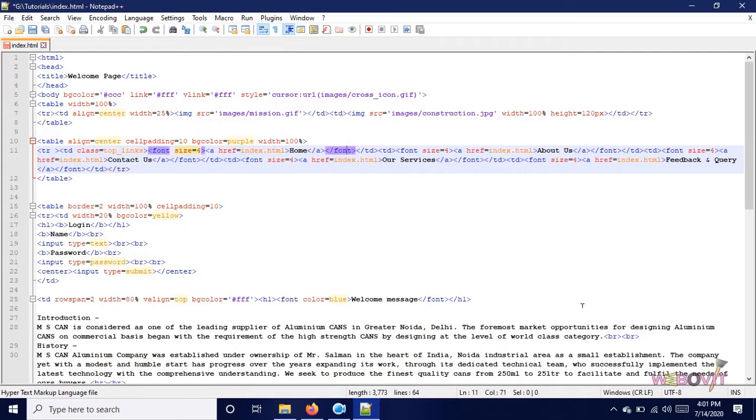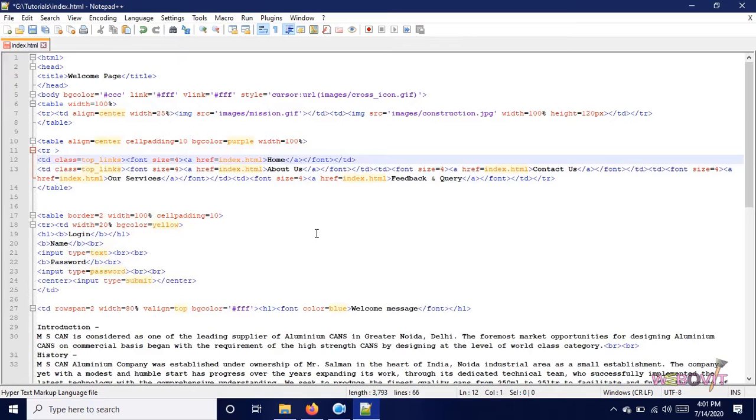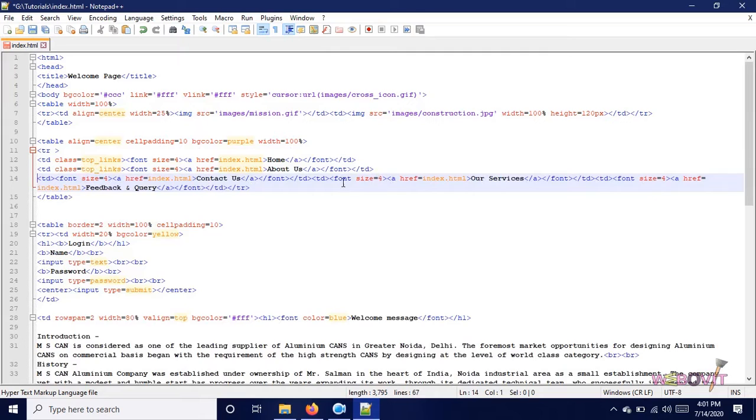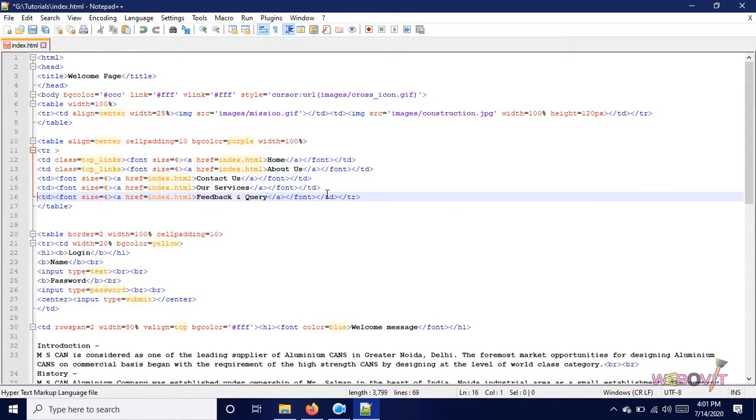Here this is home, this is for about us class. I will change the line also so it's clear to you what's going on. Each TD in one single line. Changing the line will not change the appearance in the website. This is for our visibility so we can understand properly what's going on in our file. Okay, so now